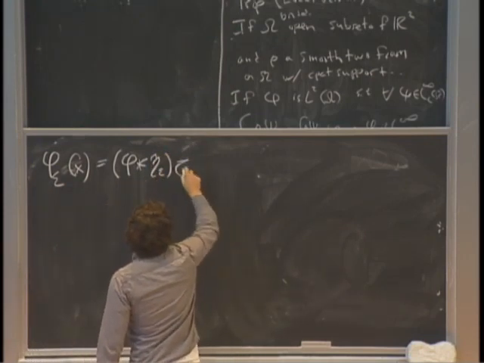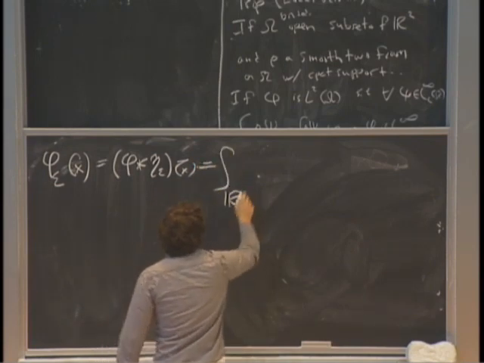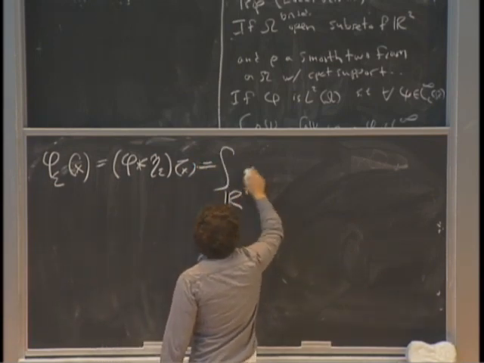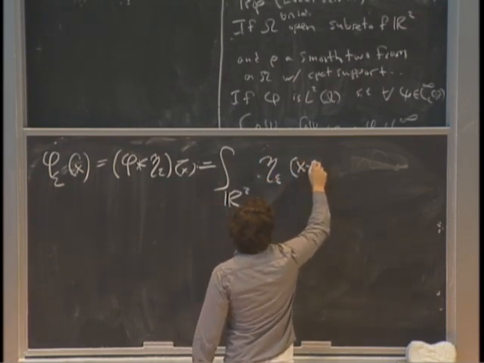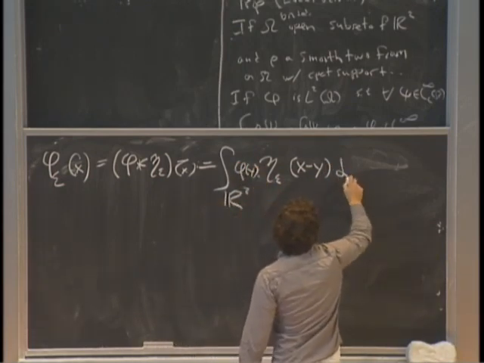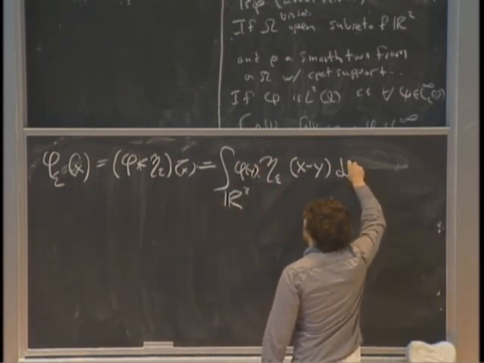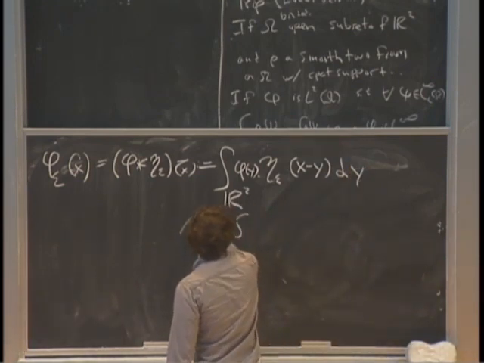And by definition, if you haven't seen this before, it's the integral over R2 of eta epsilon of x minus y, phi of y, dy, or equivalently, and you should prove this,